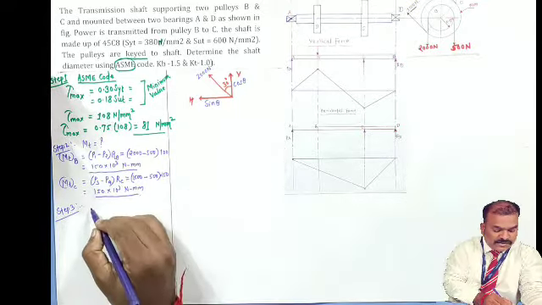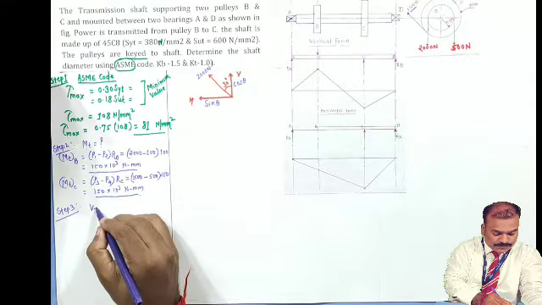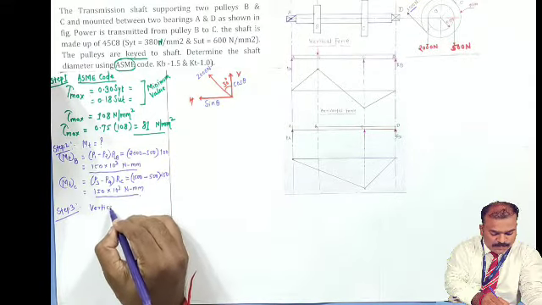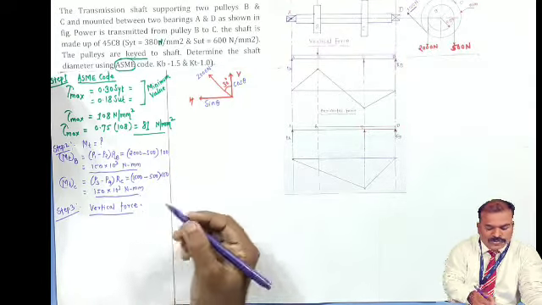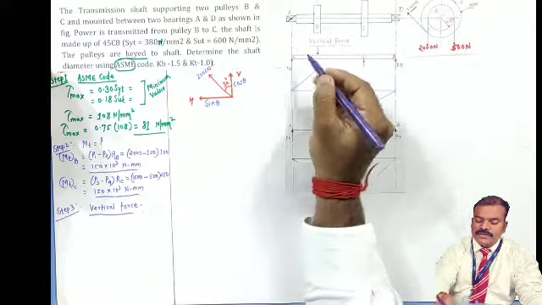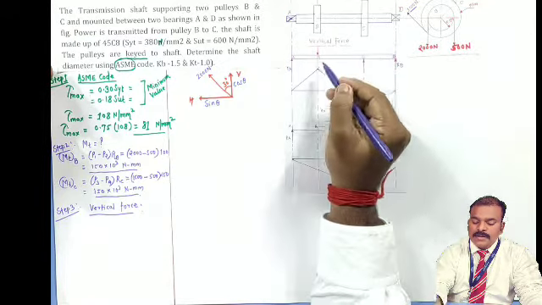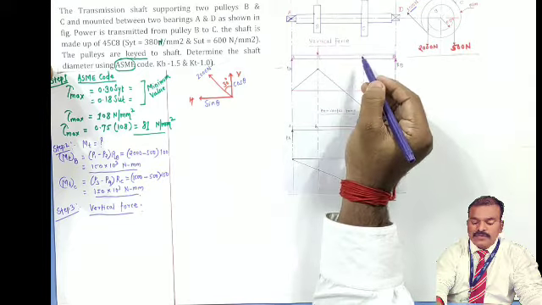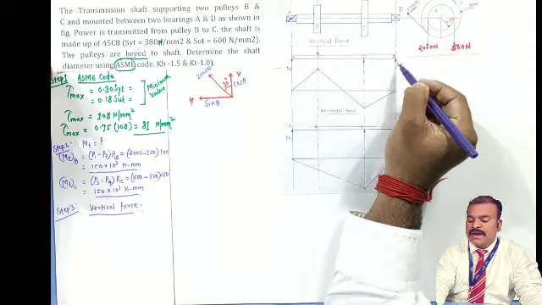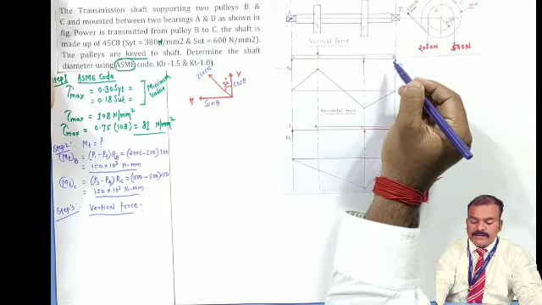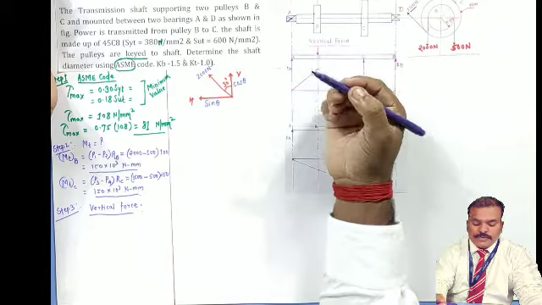First of all, we'll say vertical force. So, I'll write by considering vertical force. What should I do? For considering vertical force, see, I have drawn this. A is the bearing, D is the bearing, B and C are the pulleys. Now, force is acting, of course, reaction force at bearing A and bearing D, RA, RD. We have considered. Then, we'll have to consider, first of all, vertical force.